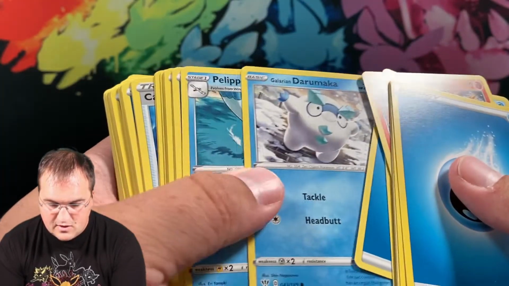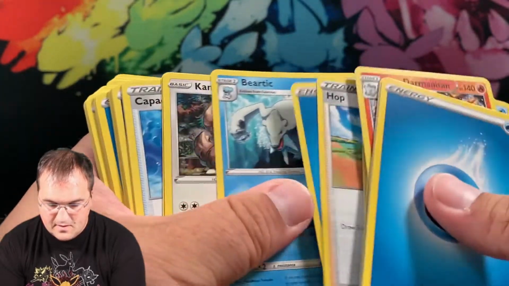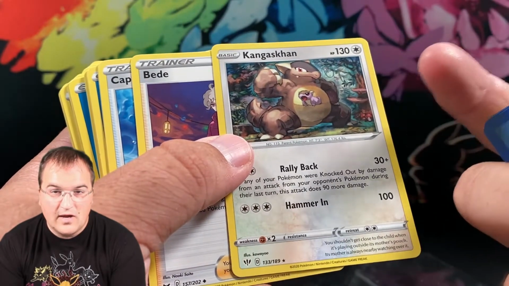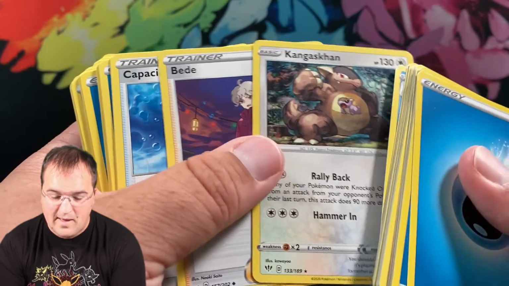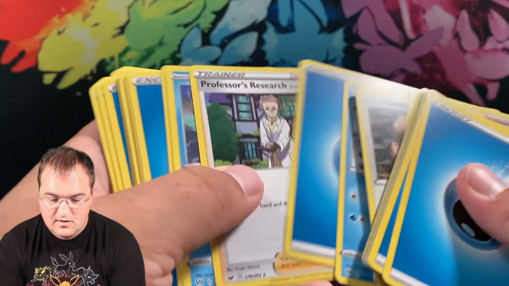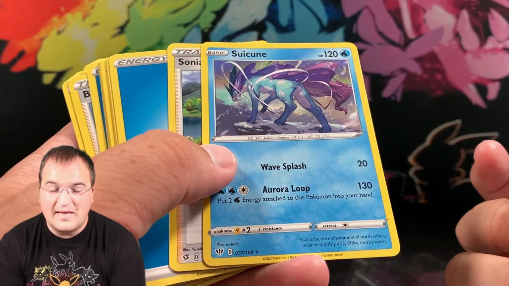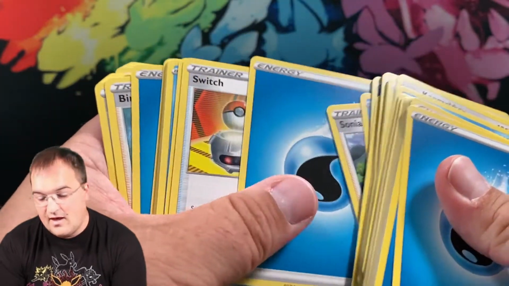Cubchoo, Hop, Galarian Darumaka, Pelipper, Wingull, Hop. Veritic. Kangaskhan. Now, Kangaskhan is a non-holo here. It's also found as a non-holo in the Build and Battle boxes. It is a holo if you pull it from a pack. So that is a little different with that one. Wishy-Washy, Sonia, and Suicune also is a holo in the Darkness Ablaze set. So if you want the non-holo version, you have to get this